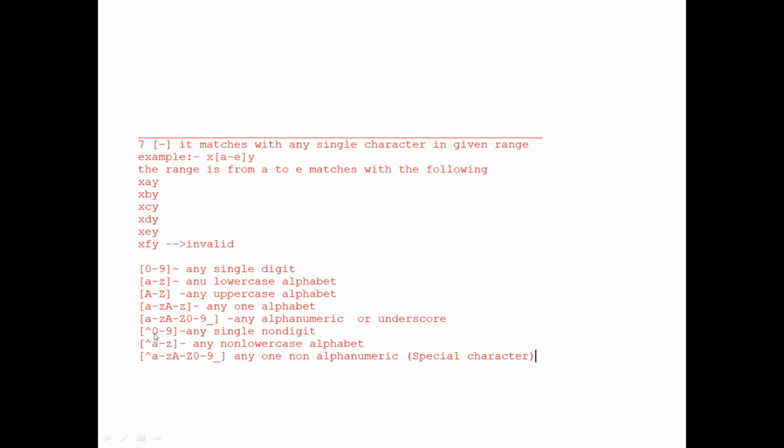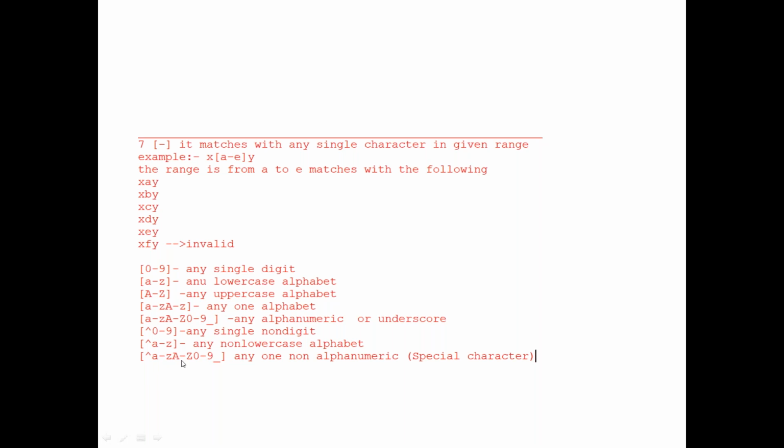And cap 0 to 9. So apart from 0 to 9, any other character, it can be a special character, a non-digit, anything, maybe alphabetical. And cap a to z: that means apart from lowercase alphabets, anything will be accepted and considered.